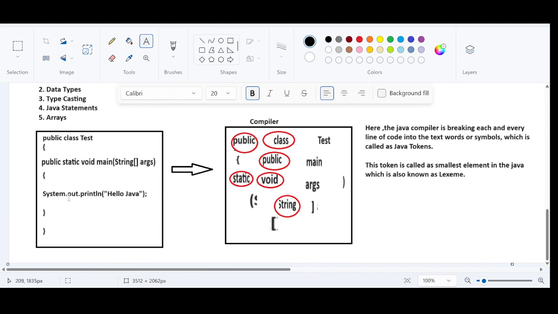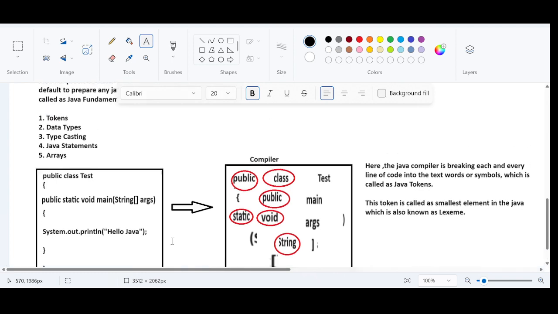So we have used a dot. Are you able to identify a dot here? System dot. Dot is also a lexeme. It is also a word. We call it a lexeme. This out is a lexeme. And again, this semicolon is also a lexeme. Opening parenthesis is also a lexeme. Every single programmatic representation in the form of words or symbols, we call it a lexeme. And if we are able to place a group of lexemes under one category,